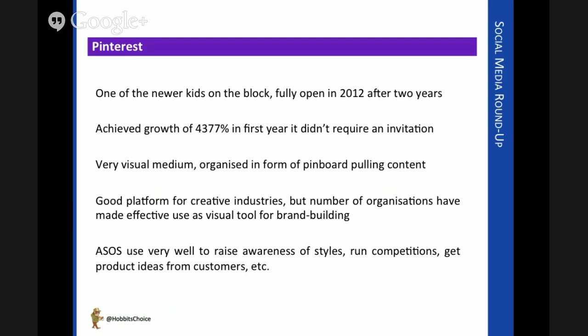The online retailer ASOS, fascinating usage here. What they've done is create a pinboard that raises awareness of their brand indirectly by talking about fashion, styles, running competitions, getting visitors to their Pinterest page to post content of their own and suggest new product ideas, new styles. Very, very interactive, really, really innovative.